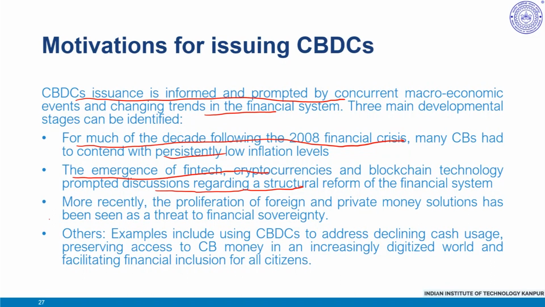More recently, we have seen a proliferation of foreign and private money solutions, which has been seen as a threat to financial sovereignty, leading to CBDCs being promoted as a possible response. So, the threat of stablecoins and foreign CBDC to financial stability and sovereignty in this second exploratory phase was succeeded